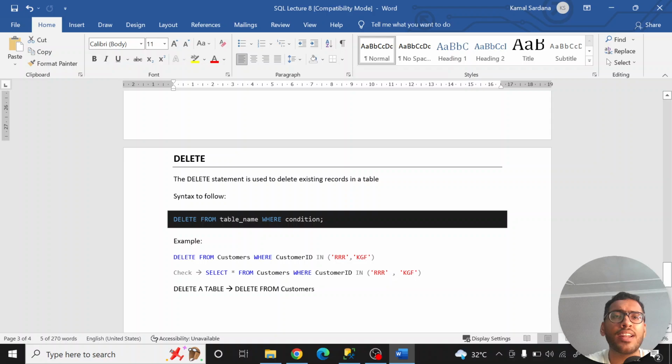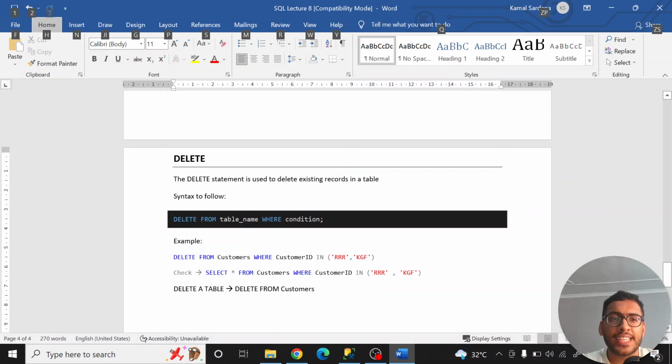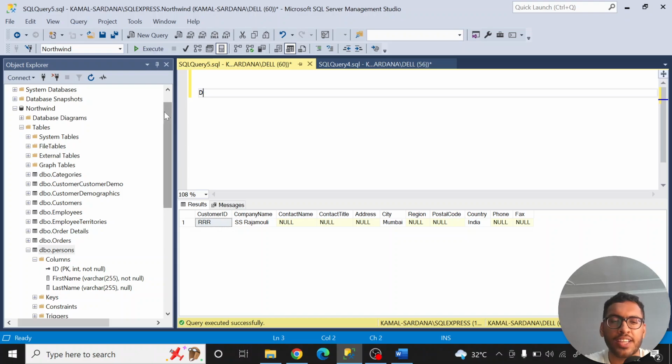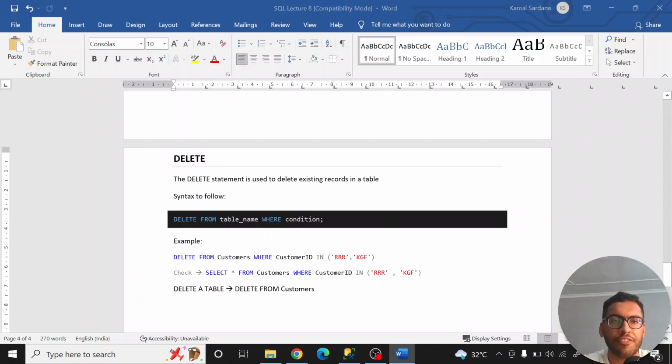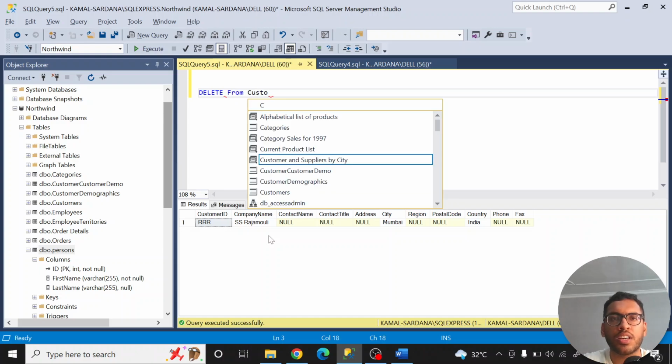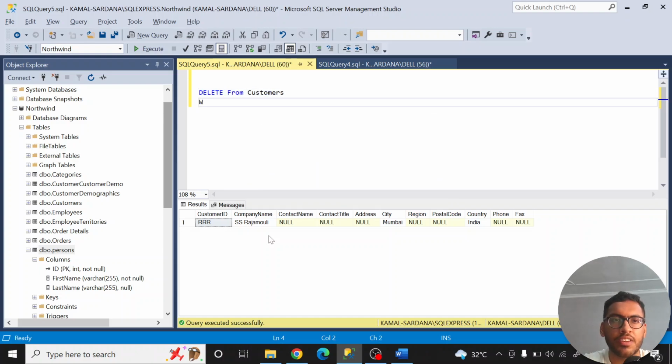That is how you can delete the rows, similarly how you can delete any table. Okay, the syntax is delete from the table name where condition is true. So I will type, let's take this example, delete, then from customers table, where, let's remove these two records that we have added, that is of KGF and RRR,